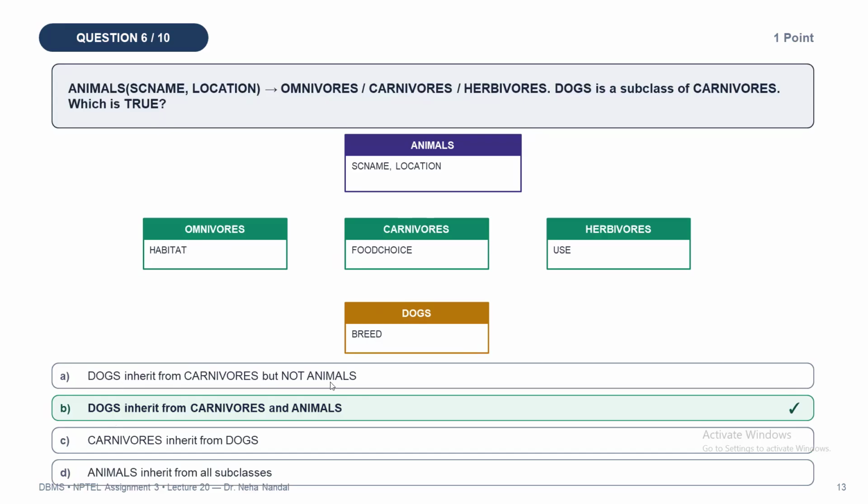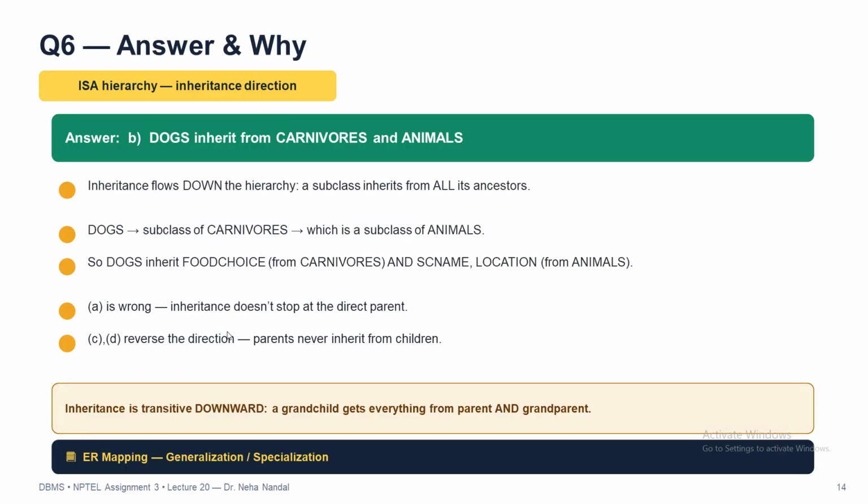Dogs inherit from carnivores but not animals. Wrong. Carnivores inherit from dogs. No, no, no. Dogs will inherit from carnivores. Animals inherit from all subclasses. No, because dogs is a subclass of carnivores only. So only one is fitting in the answer, that is B. Dogs inherit from carnivores and animals. That's our answer. Very easy. Let's move quickly to